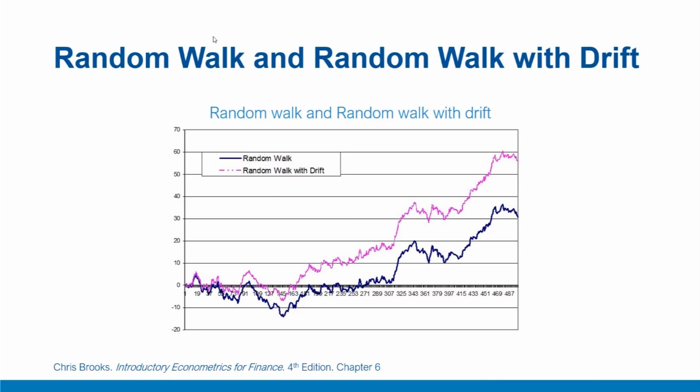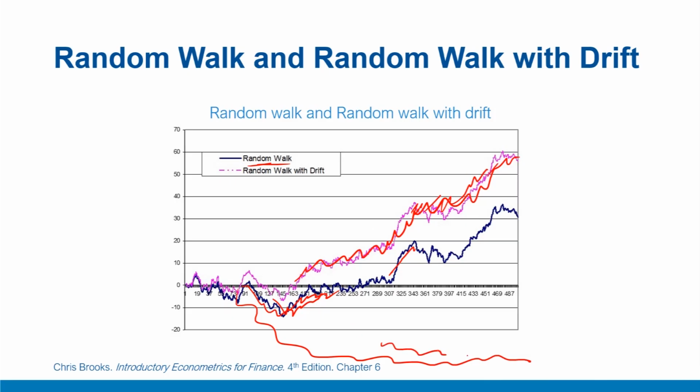Next, let us look at a random walk, a process which has a unit root, and a random walk process with a drift. Notice that whenever this random walk process deviates from its mean, it deviates much further away, and for longer times, as compared to the white noise process. Similarly, when we add a positive drift to it, the purple process, it deviates on the positive side much more. You can think of a process with negative drift going in a very similar fashion on the opposite side. So a random walk with a positive drift is expected to deviate much further from its mean on the positive side, while a negative drift will go much further on the negative side.